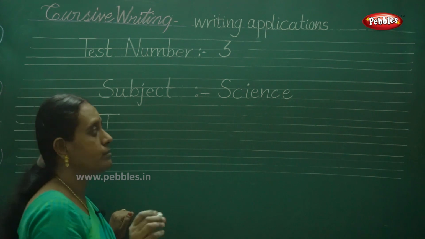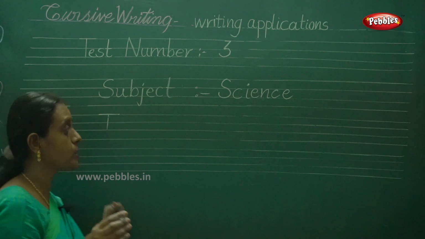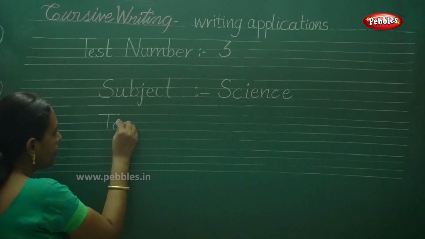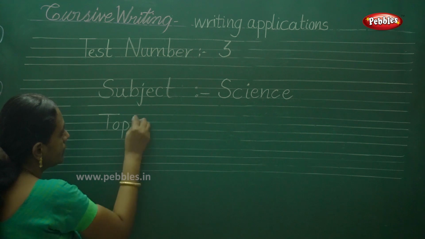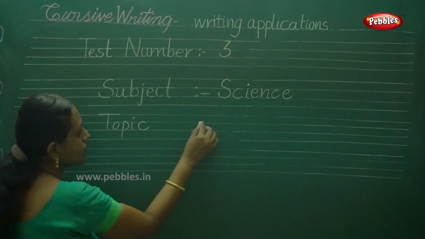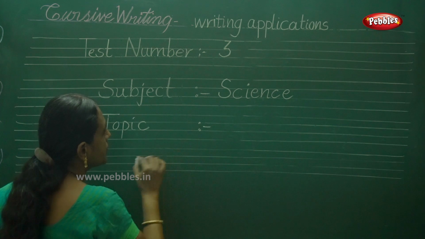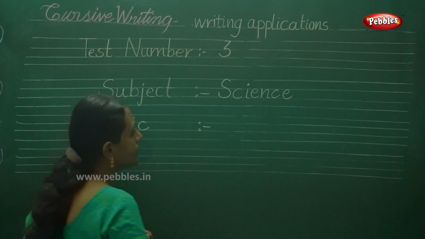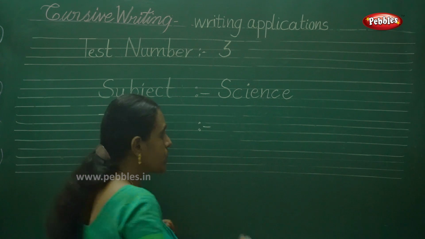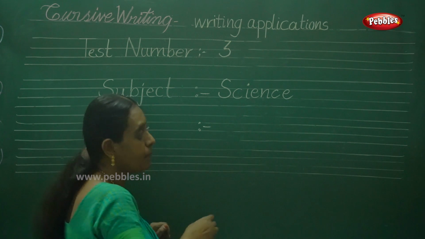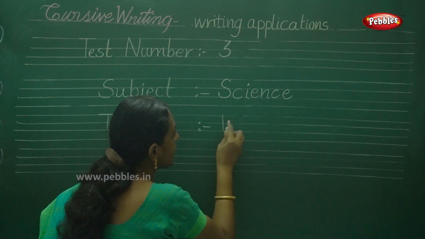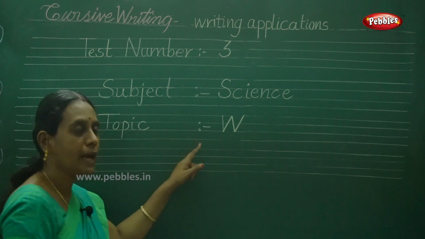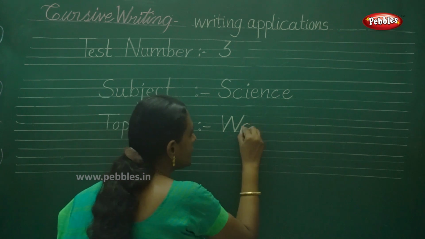If it is any kind of topic, you should start with a capital. Let's remember that topic, followed by split writing. That is very clear, it brings clarity to your handwriting. So the topic is the water cycle, I think, the science application, okay. So the water cycle, start with the first letter again, it should be capital.